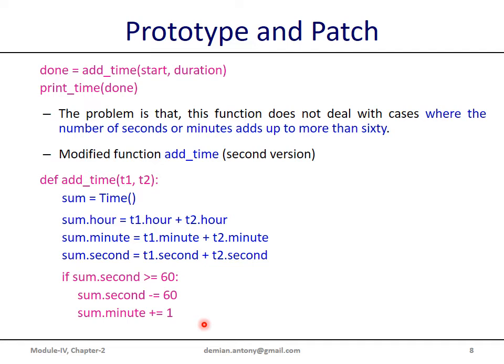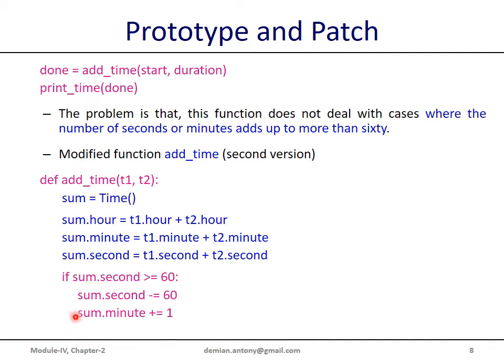We are enhancing the existing prototype so as to incorporate the error or constraint. Again, these three statements remain the same as in the previous prototype, up to sum. And what we have to do is, if seconds after summation go above 60 or equal to 60, we have to